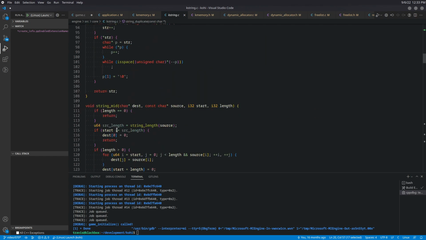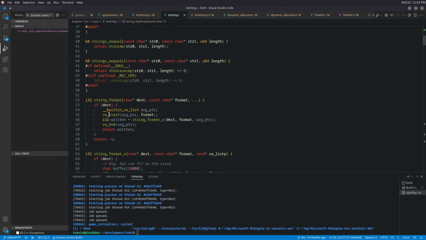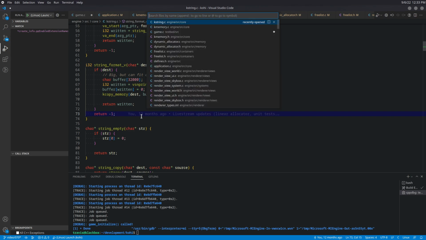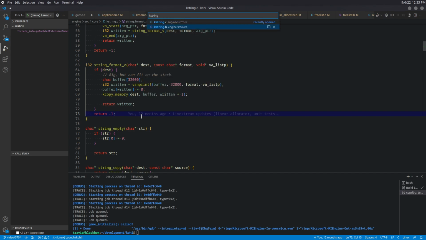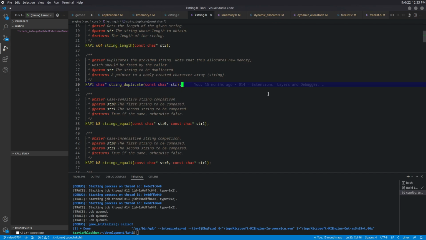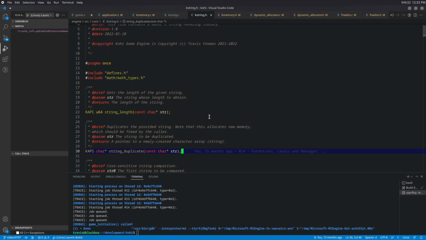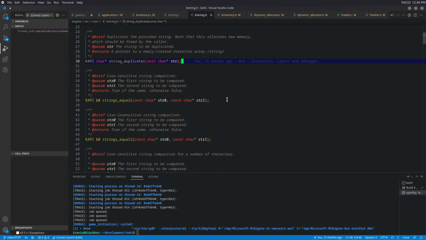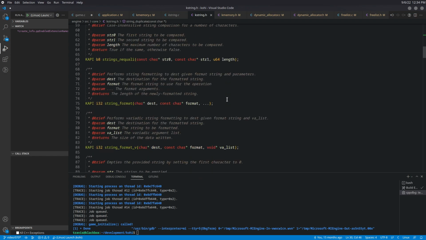You know what? I'm going to implement that too, because that's kind of annoying. So yeah, let's go ahead and do that. So I'm going to go to kstring.h, and we have string duplicate. I'm going to put that